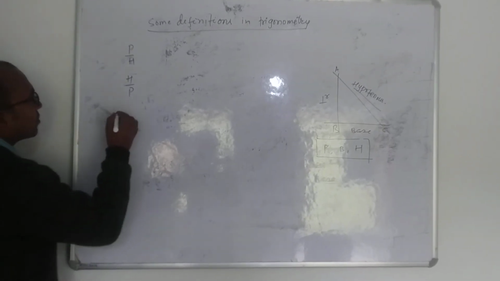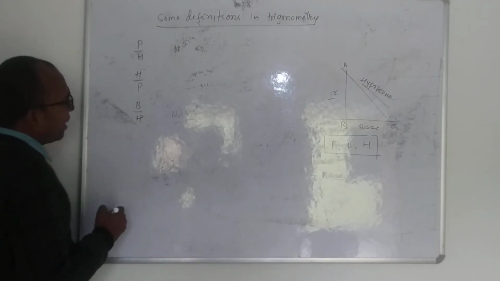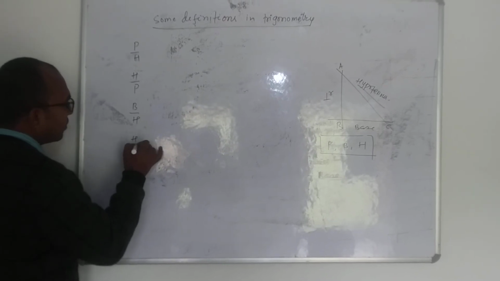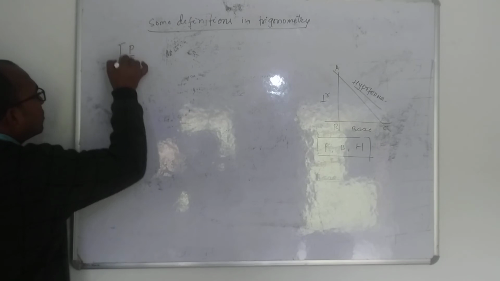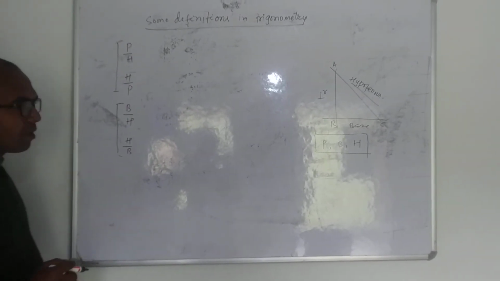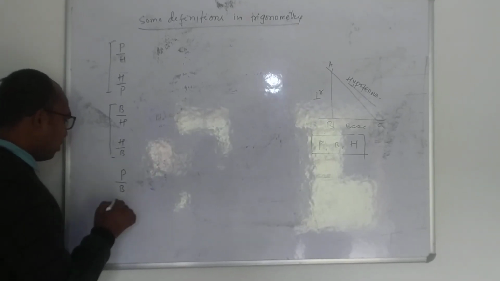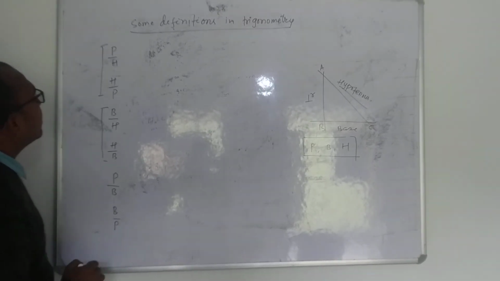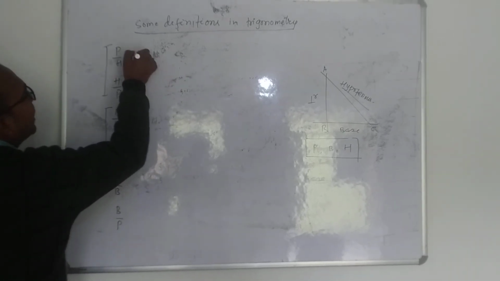Next one, B upon H, and just the reciprocal of this, H upon B. Next one, P upon B, and the reciprocal of this one is what? B upon P. And the names of these definitions are,